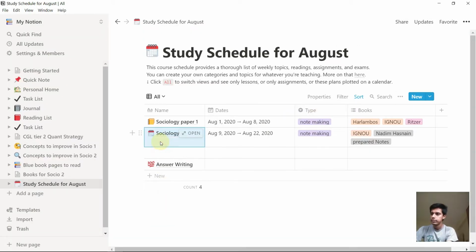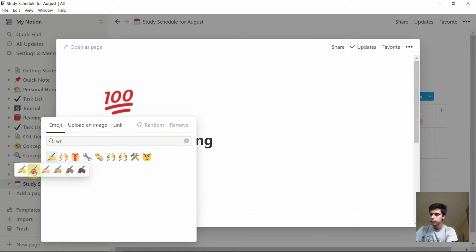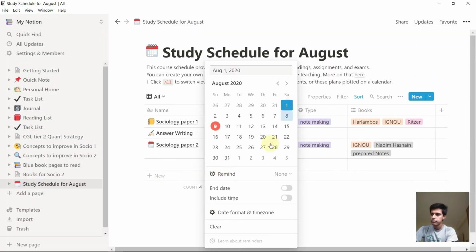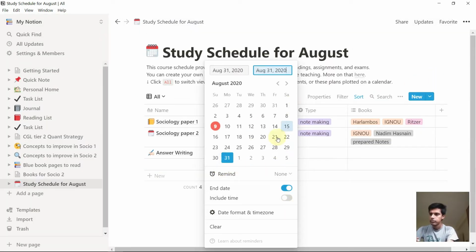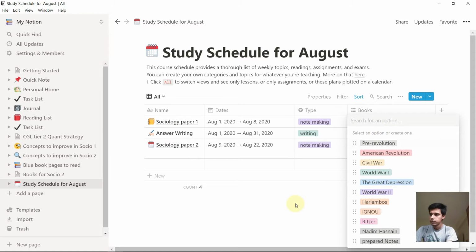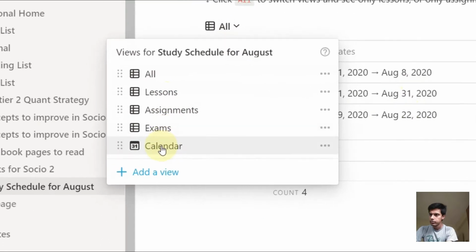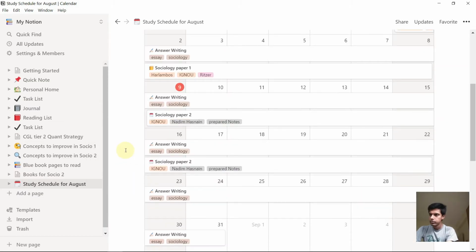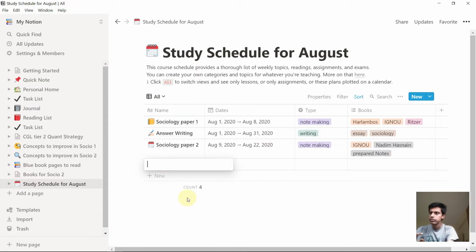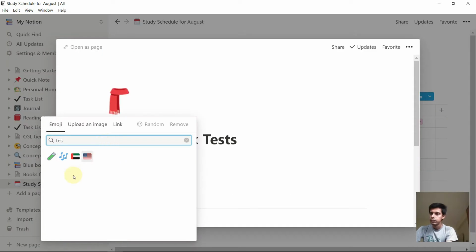Similarly, I will also create another task of answer writing. I can also change the logo. By changing all these logos and customizing with all these colors, it makes your preparation very interesting. Otherwise, if you prepare just without these productivity apps, it becomes quite boring. So now you can see how in this calendar app I have prepared all those notes and they are assigned to me there. Similarly, I will also prepare another task of prelims mock tests.